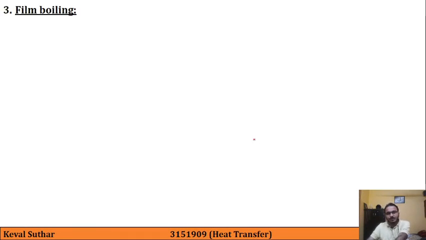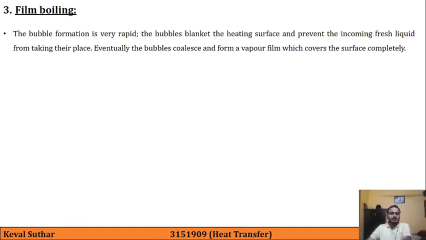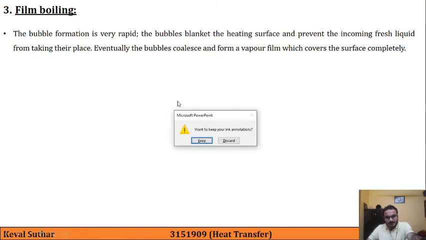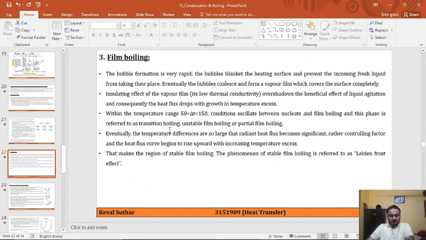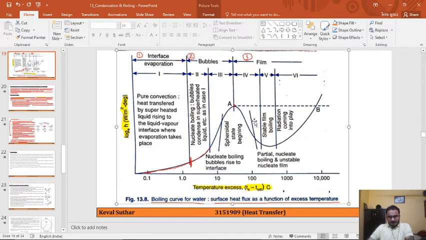So now our last is film boiling. Last stage is film boiling. So here if you see, now we will be discussing this region in film boiling, where the heat flux reduces up to some point and then again it increases. So here two different behaviors are observed.